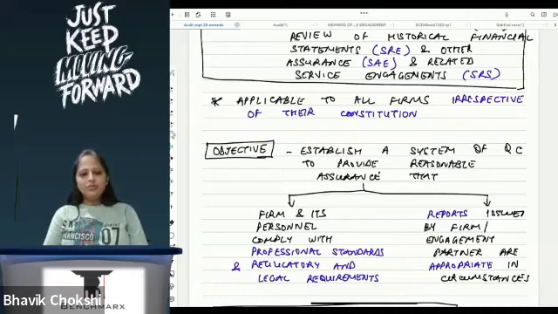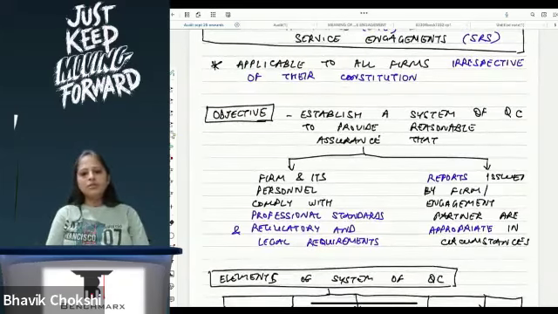Below that write down objective, dash, establish a system of quality control to provide reasonable assurance that,